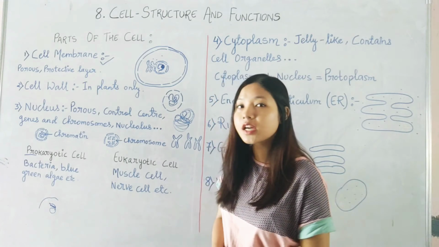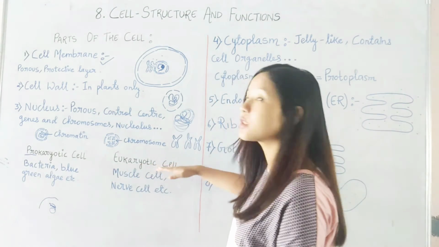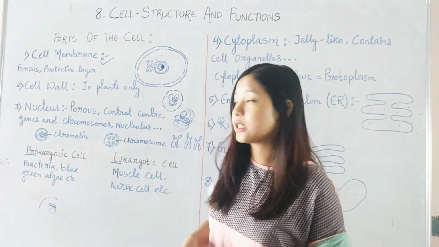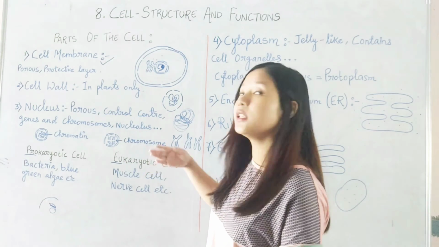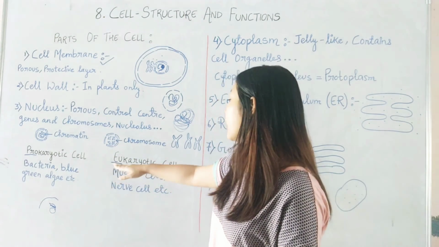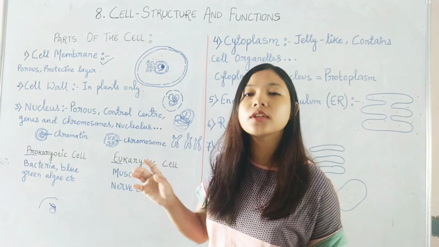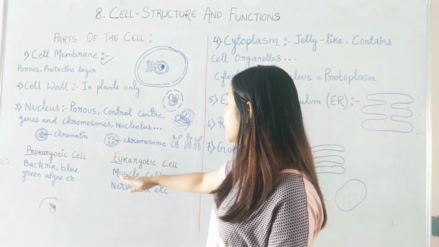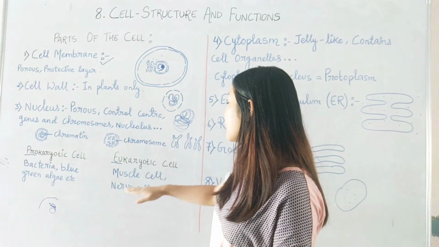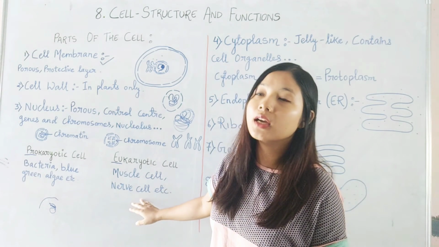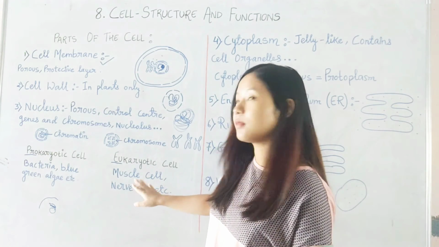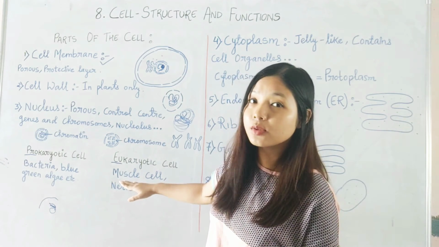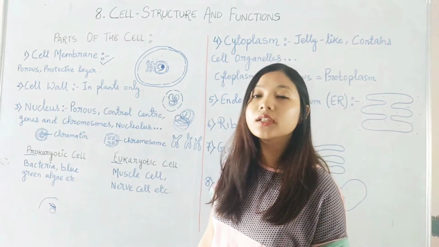Whereas there are different types of cells called eukaryotic cells. Here eu means, we can say, modern, latest. So eukaryotic cells are a little more modern than the prokaryotic cells, and they have the genetic material enclosed within the nuclear membrane. For example, eukaryotic cells like muscle cell, nerve cell, then we can say other cells of our body, skin cells also, most of the cells will have nucleus within the